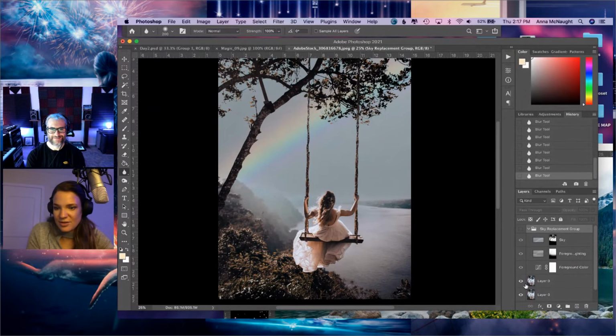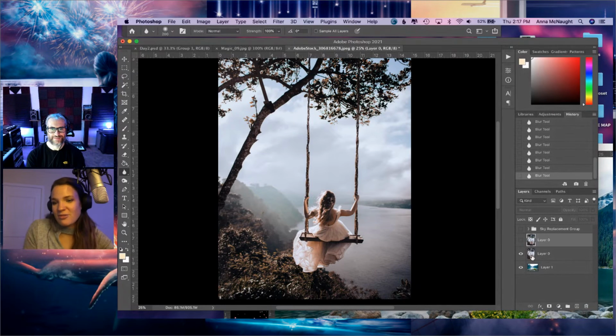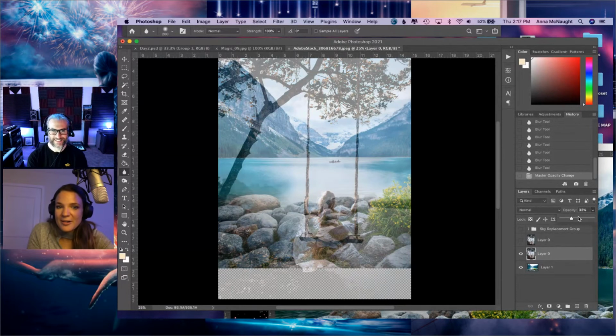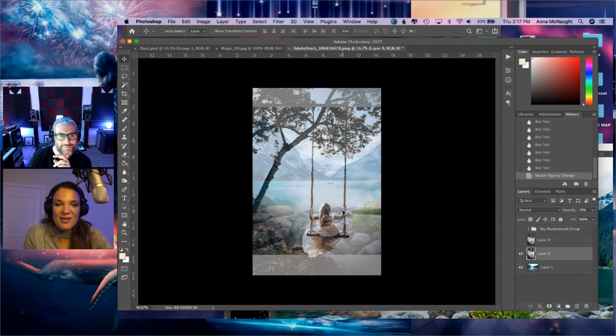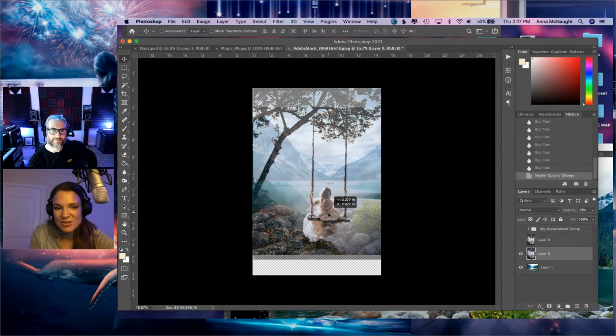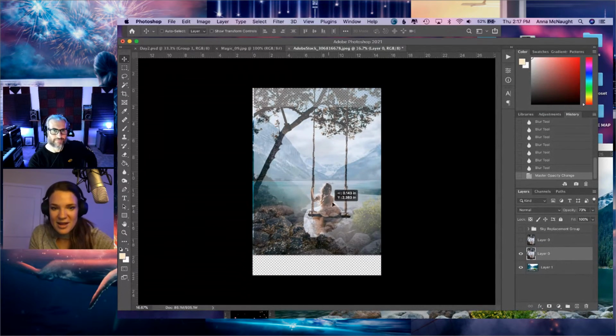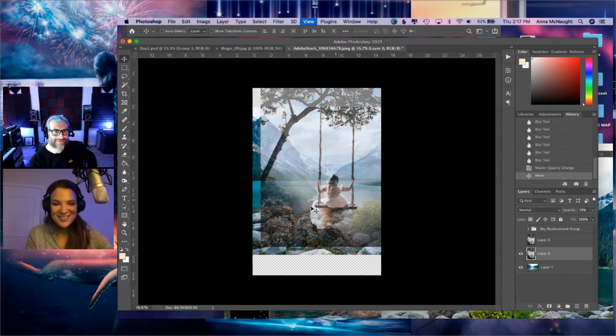Just gonna turn this off. This was what I was originally going to do, but now I'm in love with the rainbow. I was going to place her swinging and looking out onto this lake. But I really love where she is in the mountains up on this hill with the rainbow. That goes exactly back to what I was saying: I start working on it and I'll have this idea in my head where she's going to be swinging over this lake and looking out and blah, blah, blah. Then I do something and I'm like, never mind. The whole thing changes.